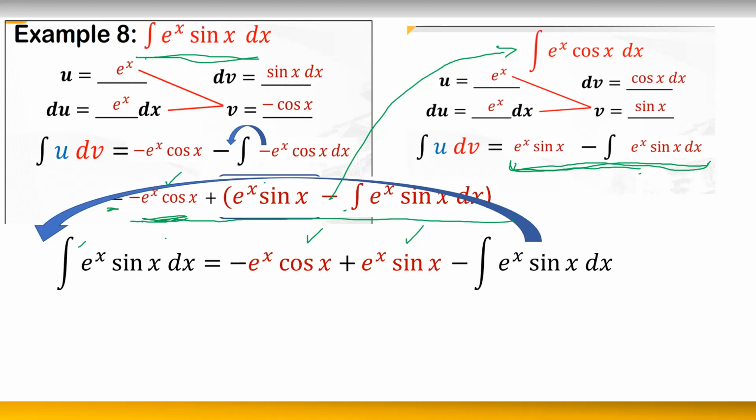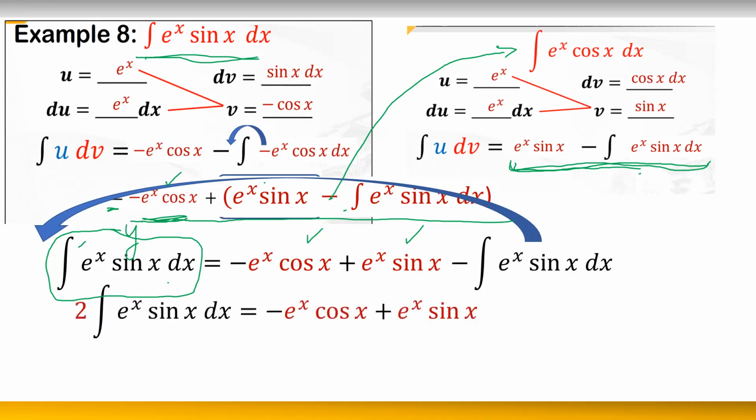Parang kunwari, this expression is just equal to, kunwari, y. Tapos ito, lipat mo sa kabila, magiging plus na siya. Y plus y is 2y, di ba? So, meron ka ng dalawang ganon. Okay? So, you have 2 of that integral. Tapos, ito yung natira. Okay? Just these two terms. So, we just have to divide both sides by 2 to get the expression for our